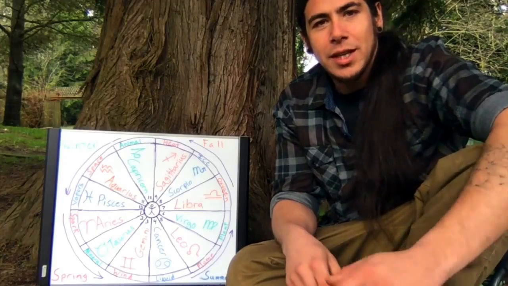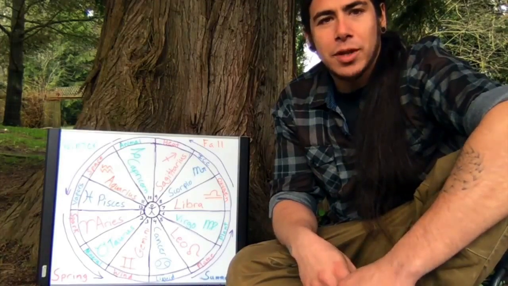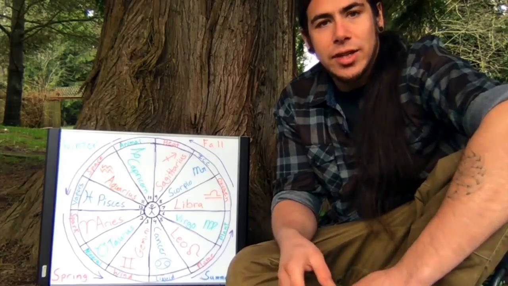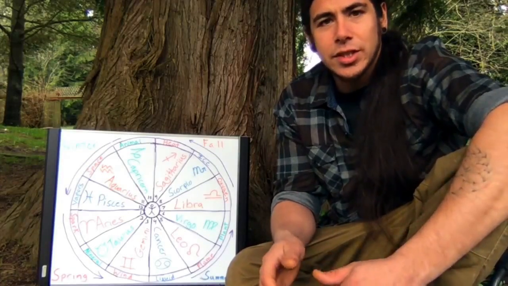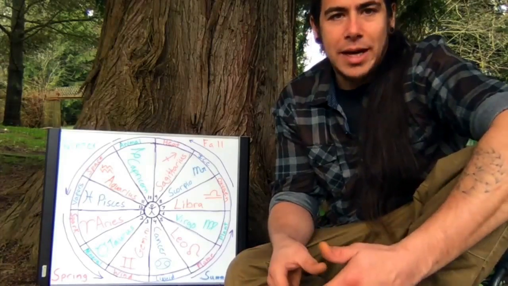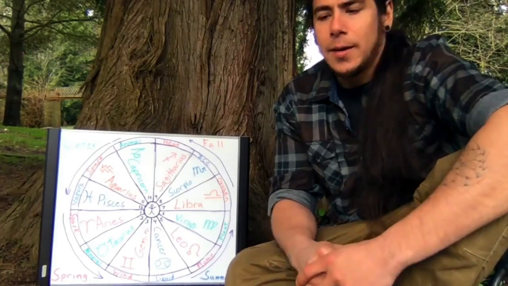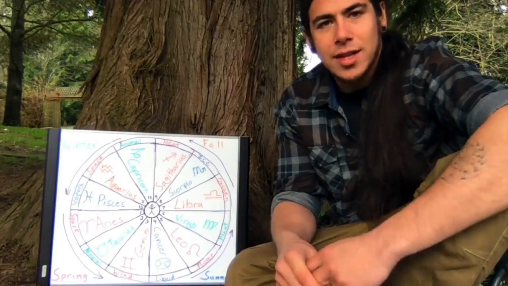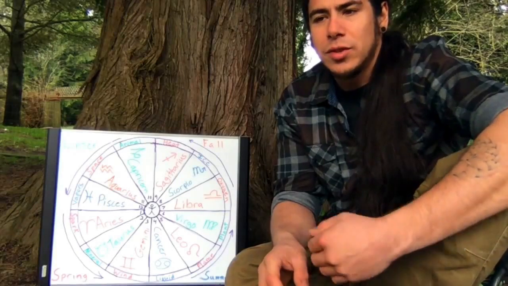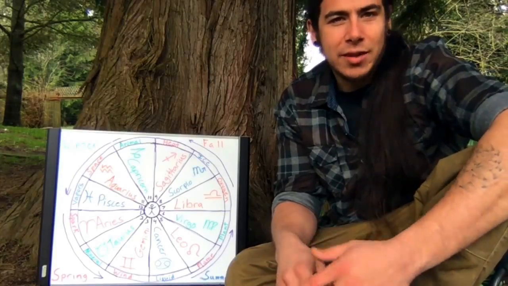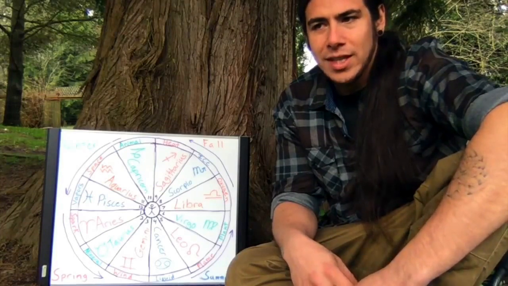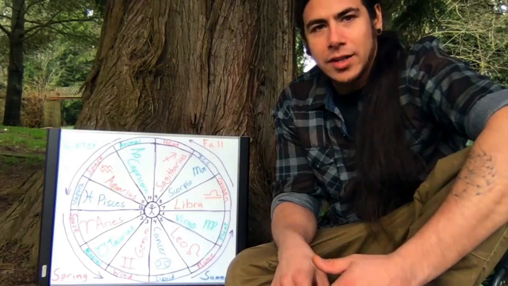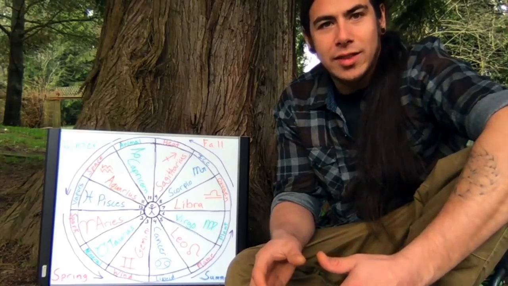So in this video, I'm going to be sharing with you guys the framework of the living astrology model and how it applies to the signs of the zodiac. And so the signs really are just this reflection of the seasonal pattern, the seasonal cycle. And each part of the season throughout the year has its own unique qualities. It has its own unique kind of expression of life, and we really see that reflected in the plants and even in how we operate, and the growing of our gardens or working on things.